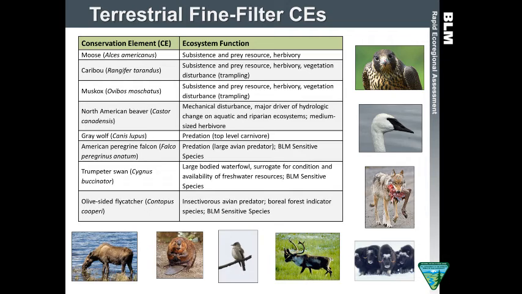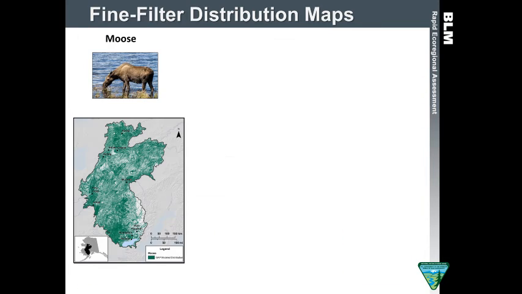All of these were selected because they represent key wildlife resources in the region. Moose and caribou, particularly because of their subsistence importance. And I just wanted to note that American peregrine falcon, trumpeter swan, and olive-sided flycatcher are all on the BLM-sensitive species list. Okay, so I'm going to take a little bit of a different tactic than some people today. What I wanted to do was just to provide a quick overview of some of the products that we developed today, with hopes that it will tantalize you into coming back tomorrow to see more in depth.